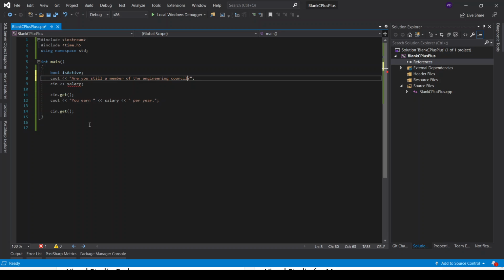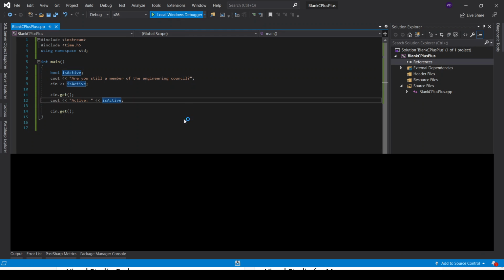For example, is active. And now, for example, true or false, is active. Now, keep in mind, active. All right, true or false. Now, I'm going to delete this one. All right. So, for example,